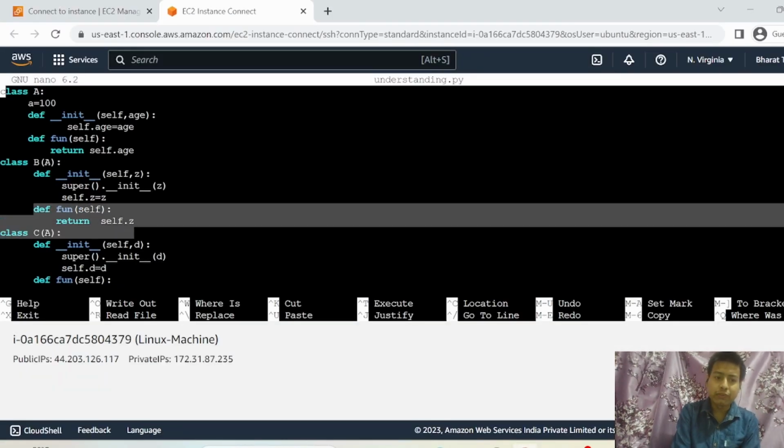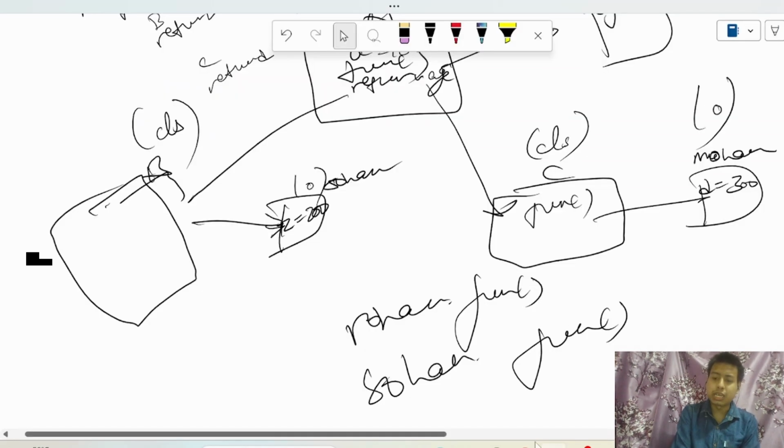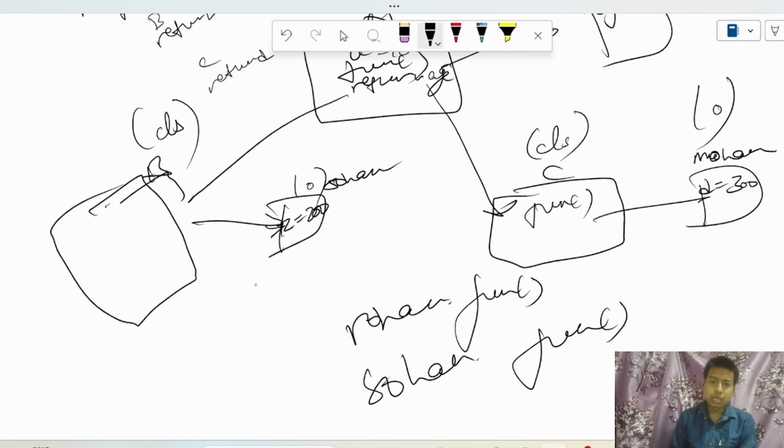Here def1 equals this, and we have said return self.z. So we have declared a function here, and it will override this function. This z will be returned, self.z will be returned, and now if I go to sohan.function,